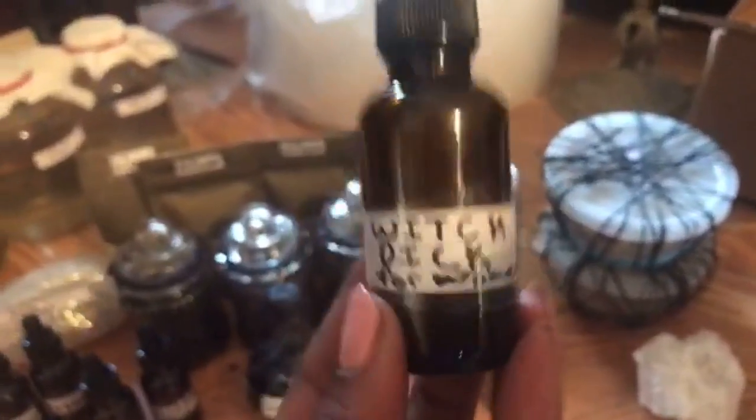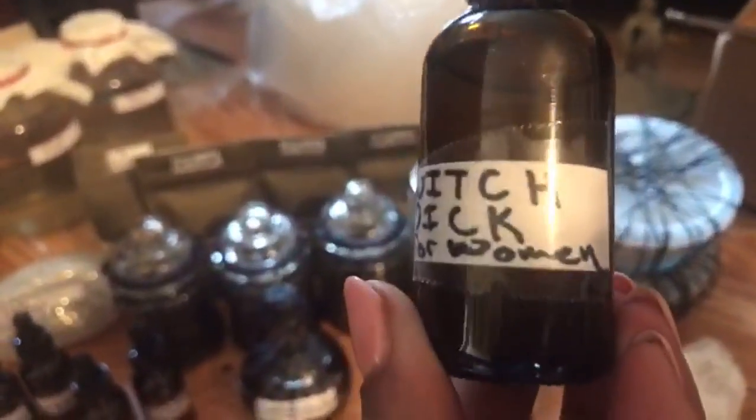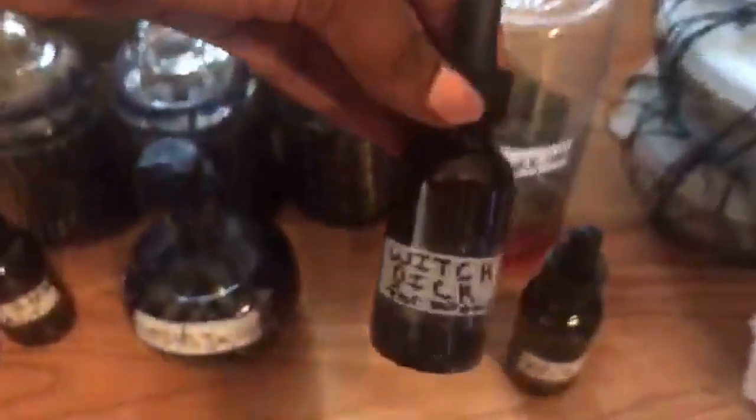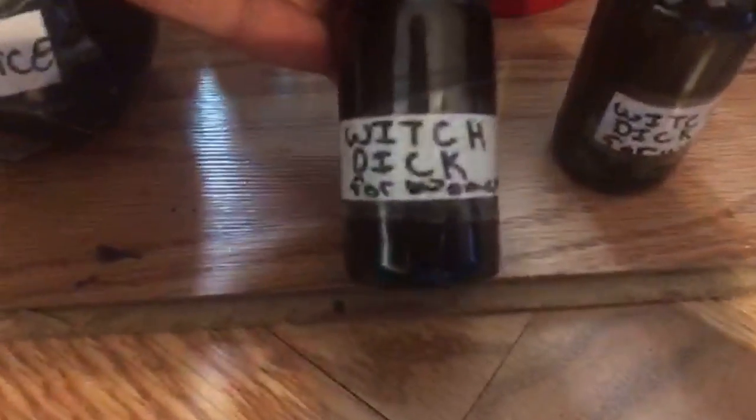All right, but this right here is witch dick for women, and this is that make your shit smooth, baby. If you're a woman, your man is going to like this because it makes you really smooth down there. It actually smells really good too, so that's a plus, right? And that witch dick, now, the thing is, for women, the main thing